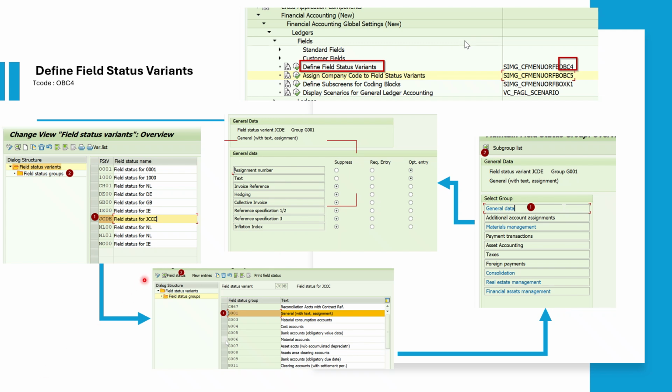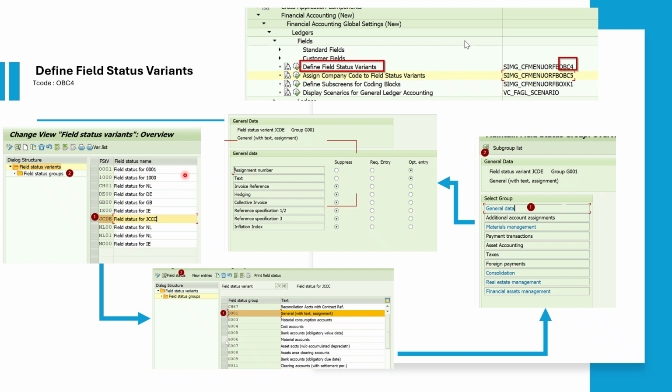Okay, so this is also very important to maintain, because this account group screen layout helps to make fields available when you are creating GL account master records, and this field status variant when it is assigned to a company code, because first it is free from the company code, but we assign them. First we create them, then we assign to a company code if you want to use. This is very flexible. And then here we define how that GL account will behave when we are posting